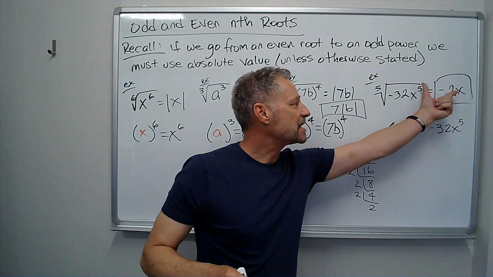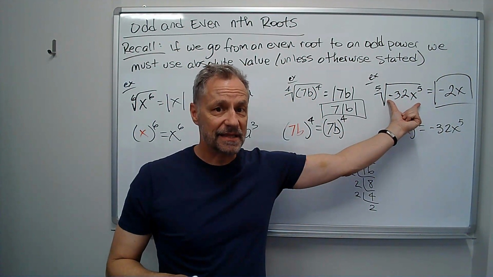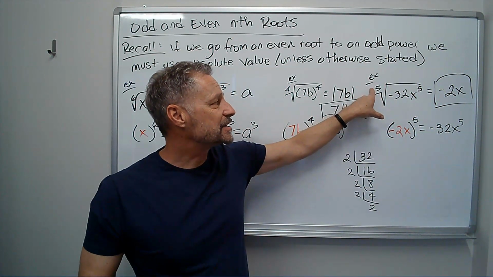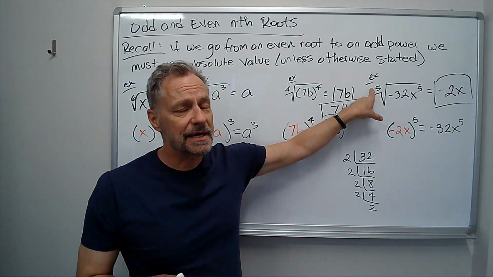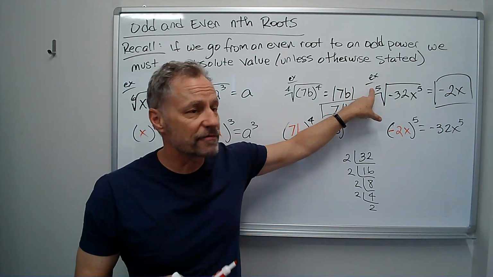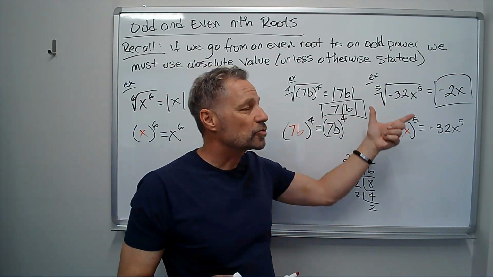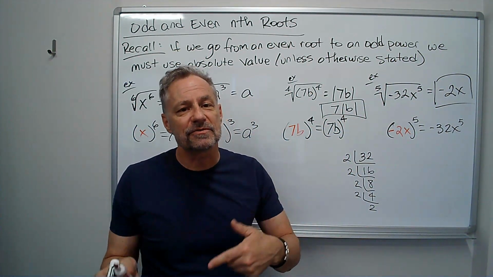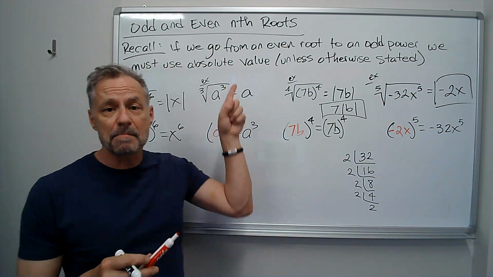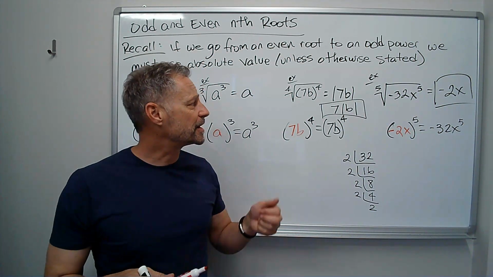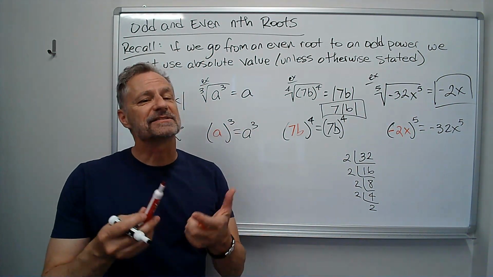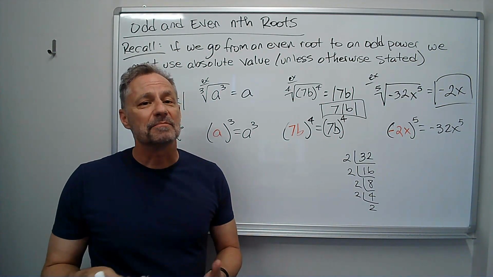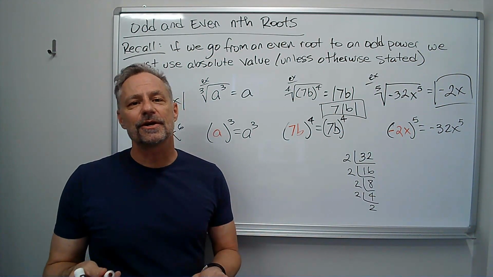And I can check that by raising that to the fifth, to make sure I get this. So you can always check it that way. Again, I started with an odd power, so I'm not going to need absolute values. Again, it would be wrong if I used absolute values. So try these. There's stuff going on that we have to remember. When do I use absolute value? When do I not? Just remember that recall that I have up there. And then just practice these. That's the only way you're going to get better, is practicing. But they'll become simpler, you'll become faster, and you'll be able to get